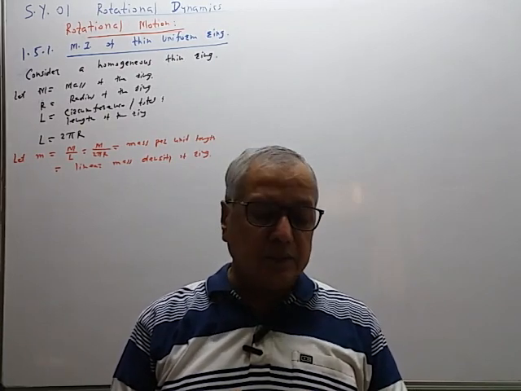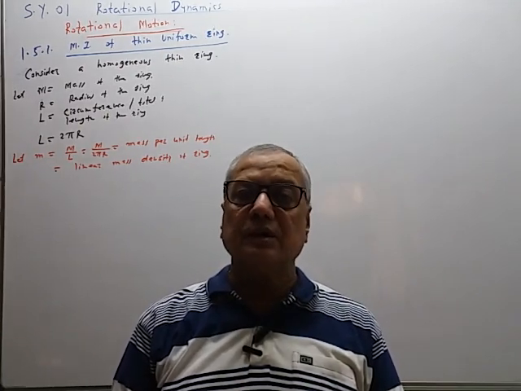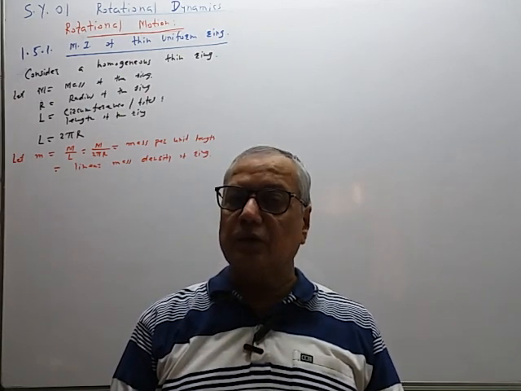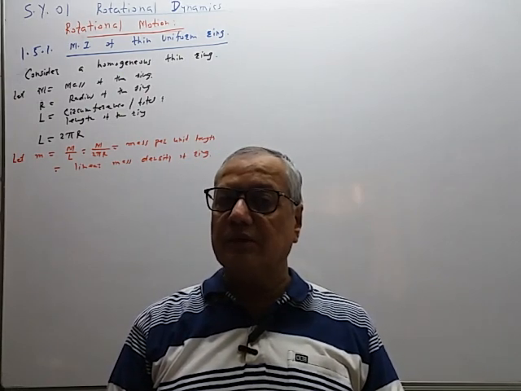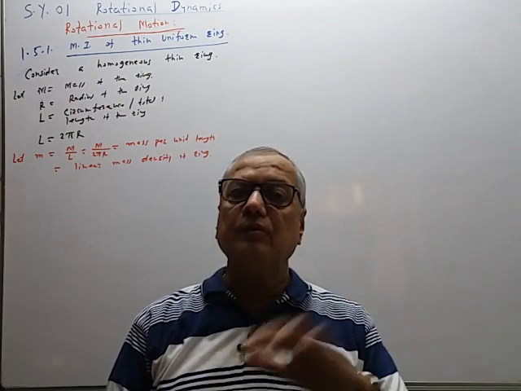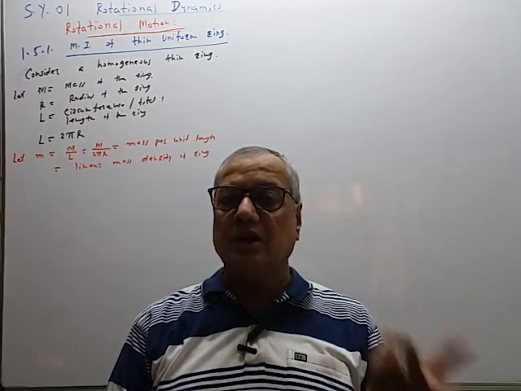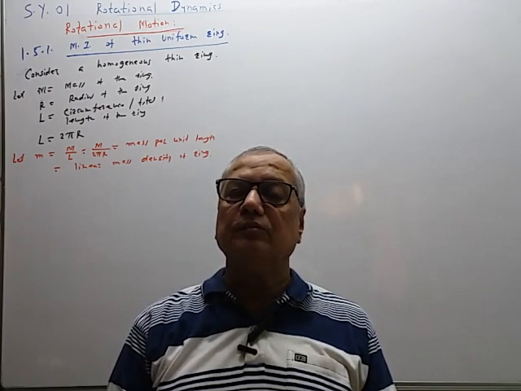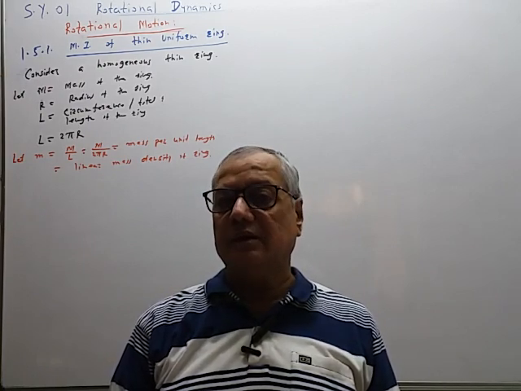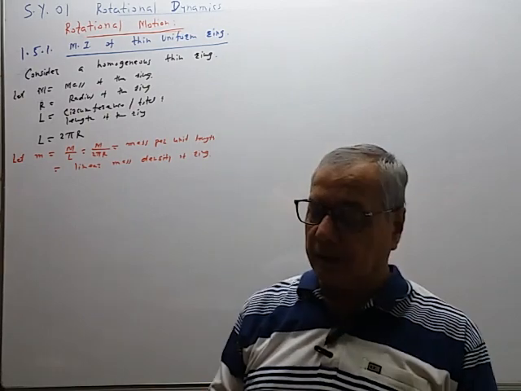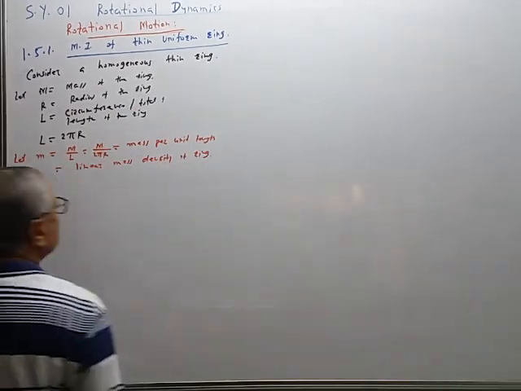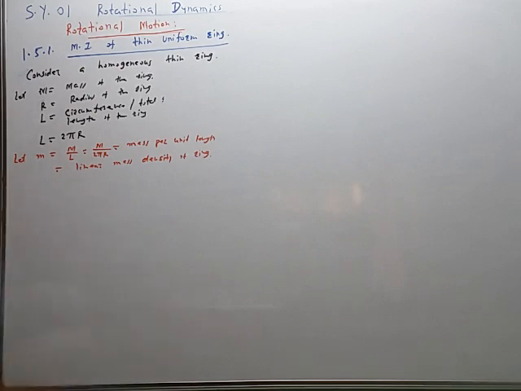आपण इलेक्ट्रोस्टॅटिक मध्ये चार्ज डिस्ट्रीब्युशनच्या अशा 3 केसेस बघितल्या होत्या. If the charge distribution is uniform, then we have considered 3 quantities: charge per unit length, linear charge density, charge per unit area or surface charge density, and charge per unit volume, that is the volume charge density. So m is M upon L, M upon 2 pi r is equal to mass per unit length. Its unit is kg per meter.